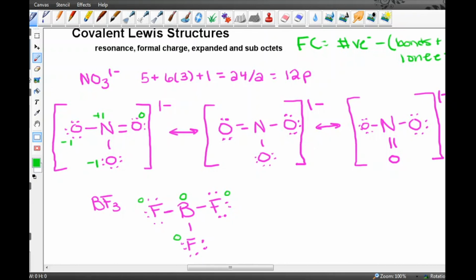Had we double bonded one of these fluorines, like so,